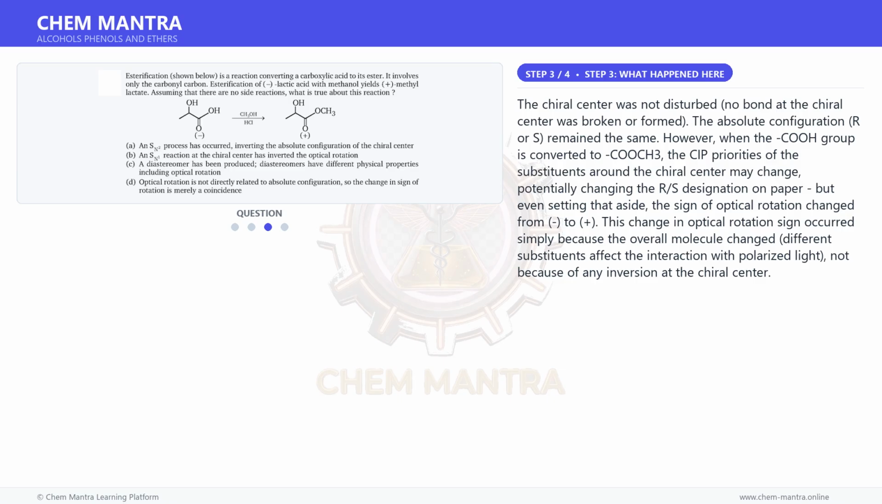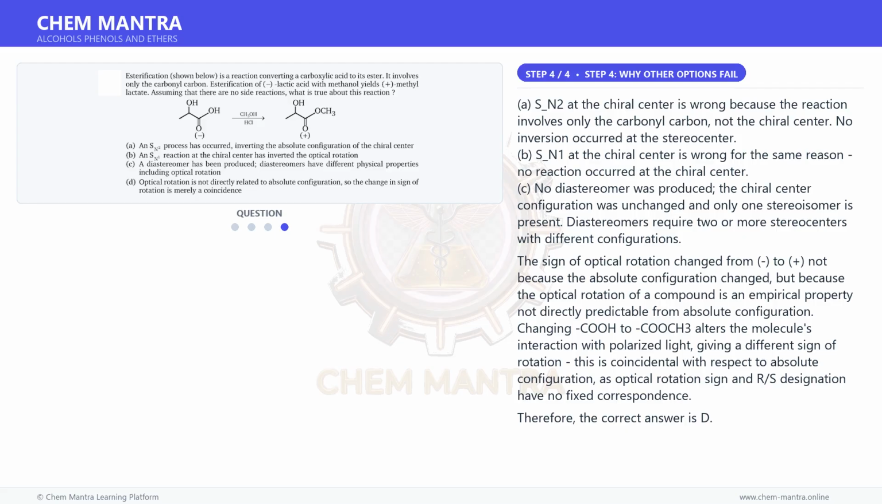This change in optical rotation sign occurred simply because the overall molecule changed. Different substituents affect the interaction with polarized light, not because of any inversion at the chiral center. And for the final step,